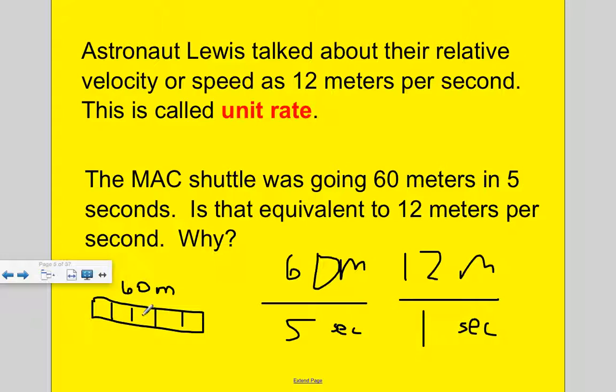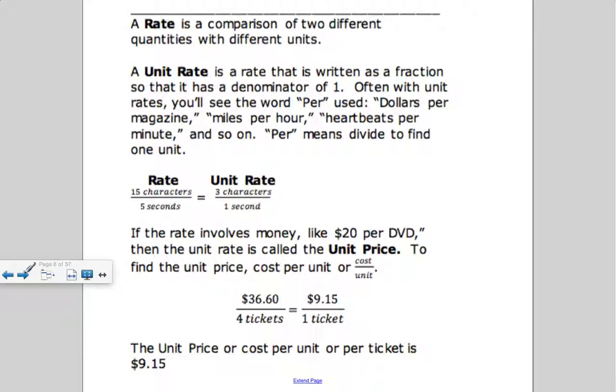12 meters, 12 meters, 12 meters, 12 meters, and 12 meters. So 12 meters goes in for each second. So with this, you know that if it's 2 seconds, it'll be 24 meters, 3 seconds, 36 meters, and so on. So a rate is comparing two different quantities with different units, like meters and seconds, miles per gallon,